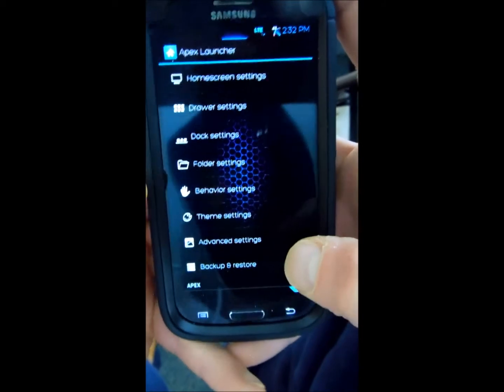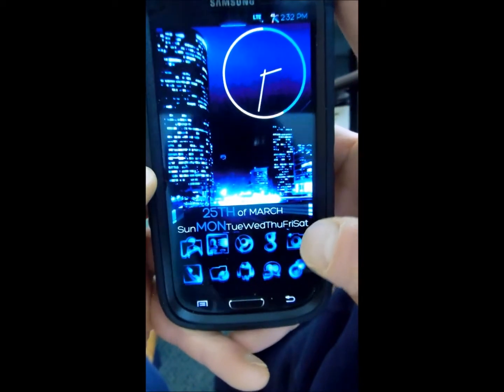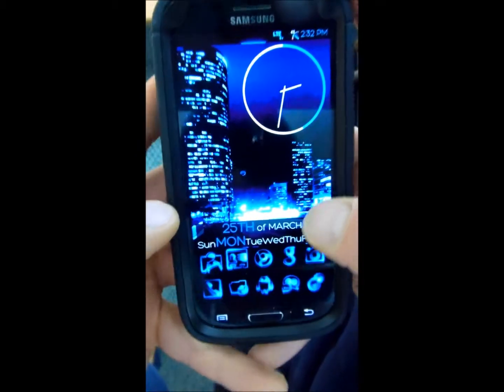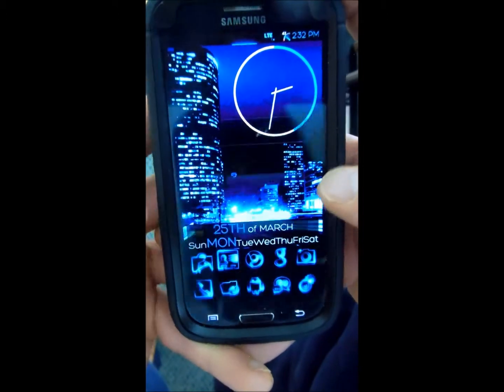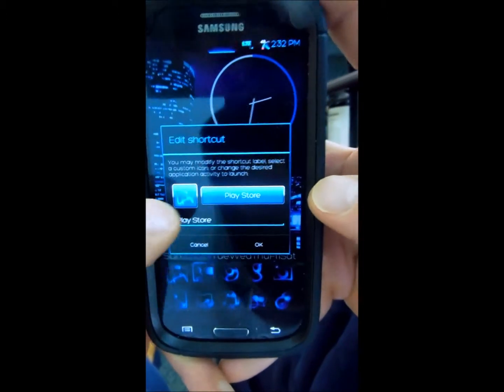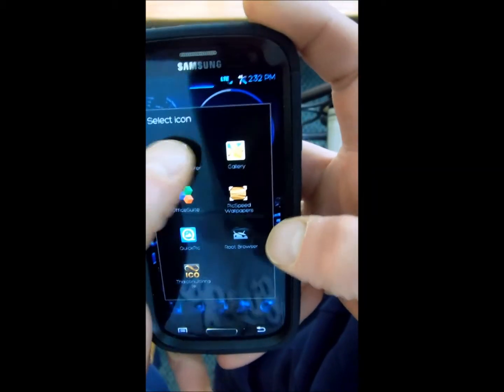Basically, those are the big things as far as Apex goes. As far as switching out your icons, I'm sure you know this if you used a launcher before, but you can press on an icon, hold it, hit edit, and this is how I switch out the icons by pressing this. I can select a picture, go into my